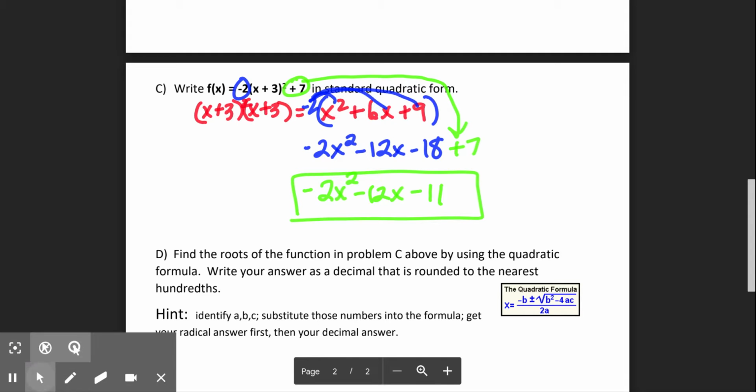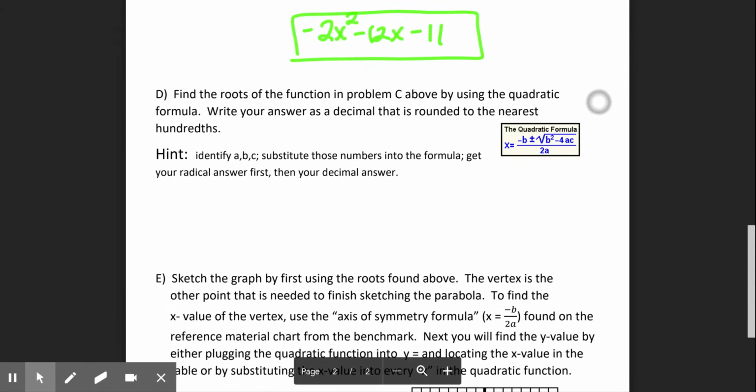It says on letter D, find the roots of the function in problem C above by using the quadratic formula. Write your answer as a decimal that is rounded to the nearest hundredths. Hint, your A, B, and C. Substitute those numbers in the formula to get your radical answer first, then your decimal answer. All right, so we need to identify that the A is negative 2, the B is negative 12, and the C is negative 11. So we take the opposite of B. So the opposite of a negative 12 would be a positive 12